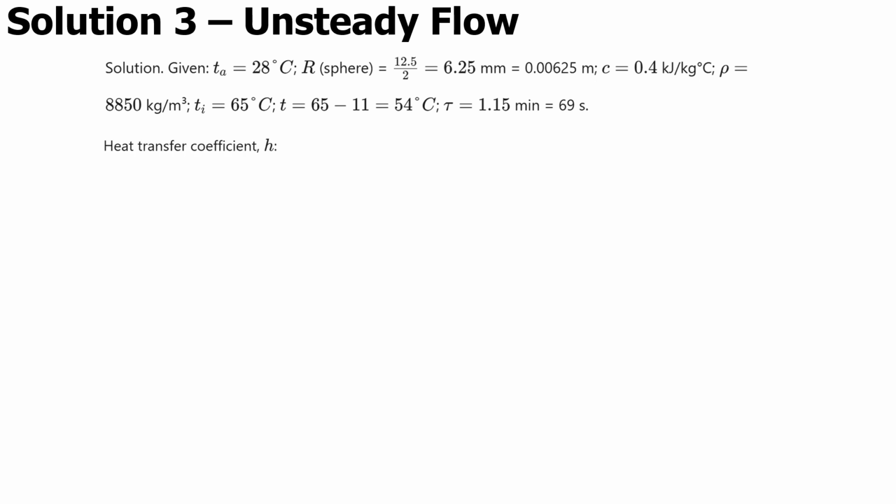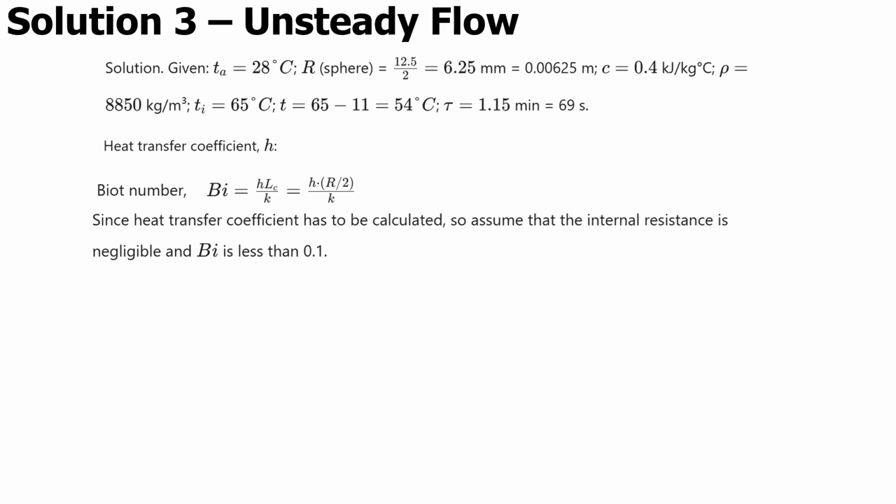Now, to do this, we need to consider the Biot number, Bi, which here is defined as H LC over K, where LC for a sphere is R over 3. The problem states that both thermocouples register the same temperature, implying that the internal thermal resistance is negligible. This allows us to assume that the Biot number is less than 0.1, which validates the use of the lumped capacitance method. Now, under the lumped capacitance assumption, the temperature distribution is given by the equation